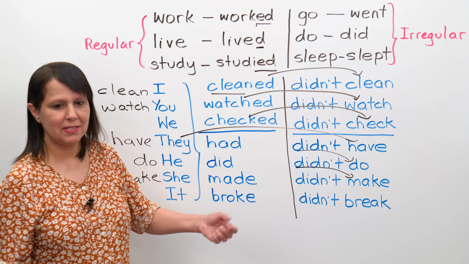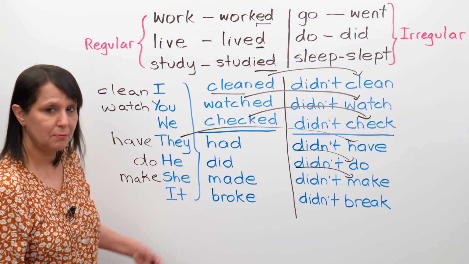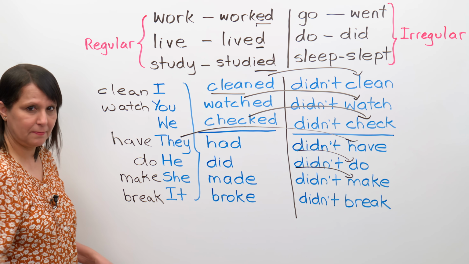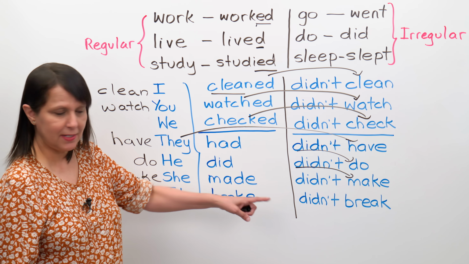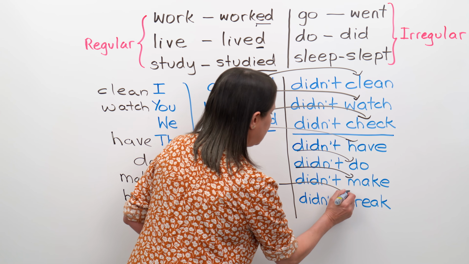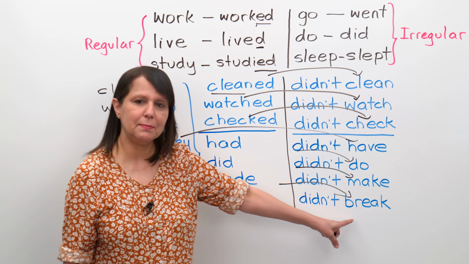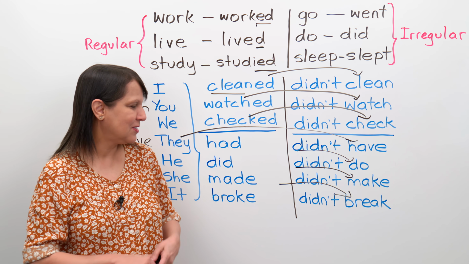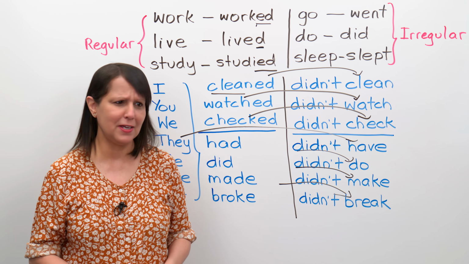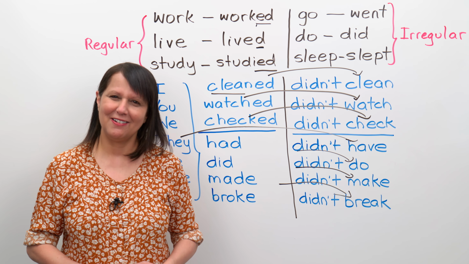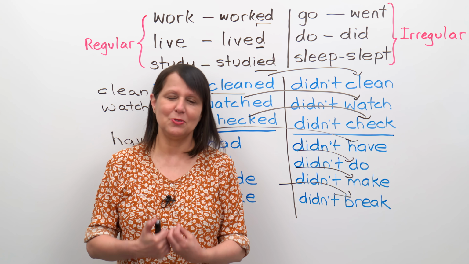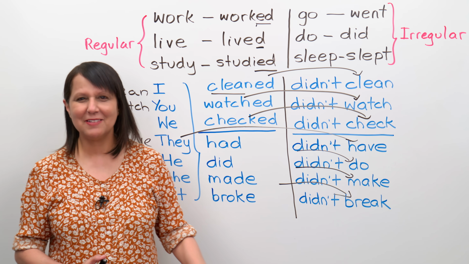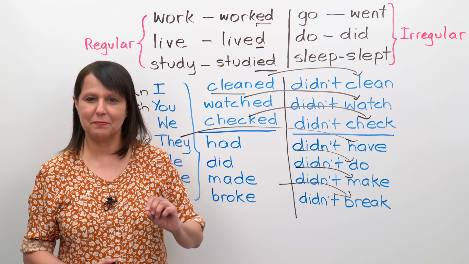Last, it broke. Let's say the glass, okay? It broke. Broke is the past of which verb? Break, all right? So when we make it negative, what do we say? It didn't break. Why? Because we're coming back to the base form of the verb, all right? You're going to know this so well. You're going to want to teach it to your friends. You're going to want to teach it to your children, okay? Because it's really easy once you know what the principle is, what the rule is, and what we're doing, all right? So now let's make sure that you've mastered that.